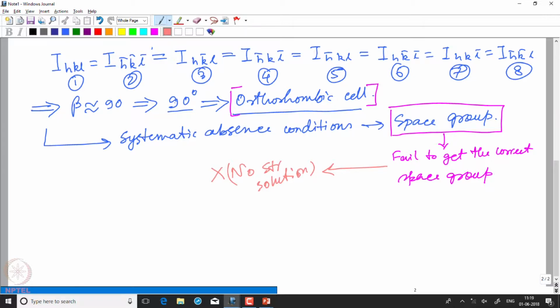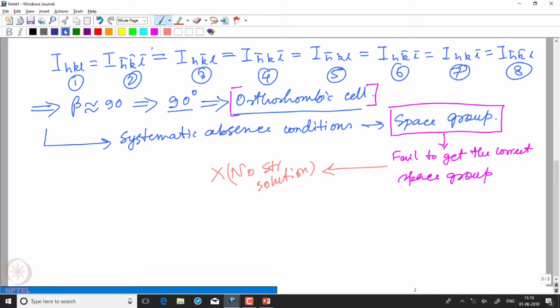Of course, nowadays XT, the modern latest version of SHELX, can do structure solution without the correct space group being determined. It determines the structure based on space group P1 and then applies the different systematic absence conditions observed, and then applies a suitable space group and gives us the solution in the appropriate space group. So now, the other point that we